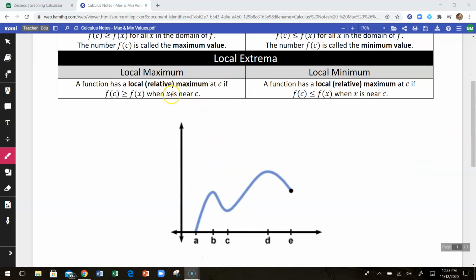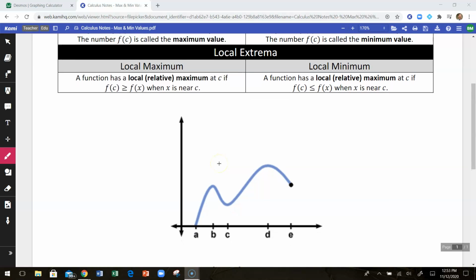Local extrema occur whenever we have basically a hill or a valley right here. So you're looking at a very small interval. What is the highest y value there, or what is the lowest y value there? So what you're looking for are those places where you would have horizontal tangents, which would occur here and also up here. So, a quick example here